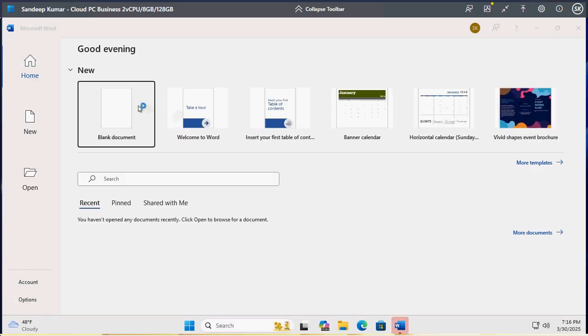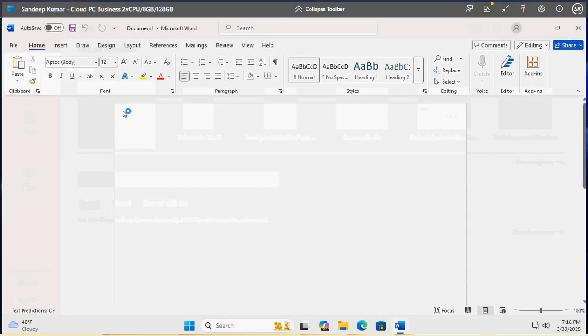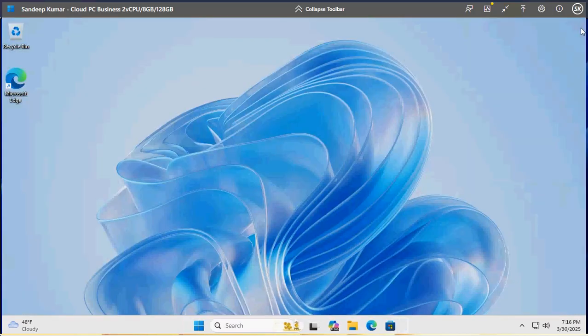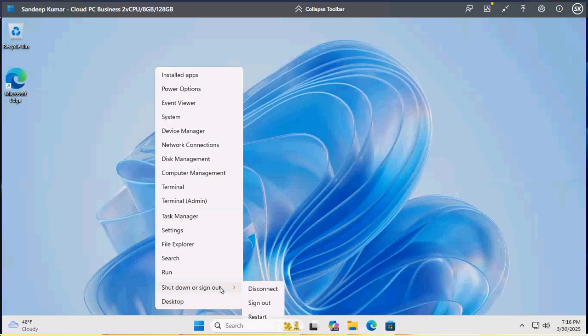So there are conditions to use the cloud PC, and the condition is very simple. You need to have a Microsoft 365 license, which includes Intune, and you need to have a Windows 365 license. If you have these things, you can use it. It's a fixed charge, so even if your PC is running 24x7, there's no extra charge, and you can stop, start, or restart them at any point of time.